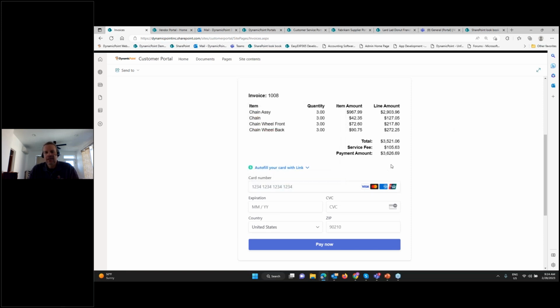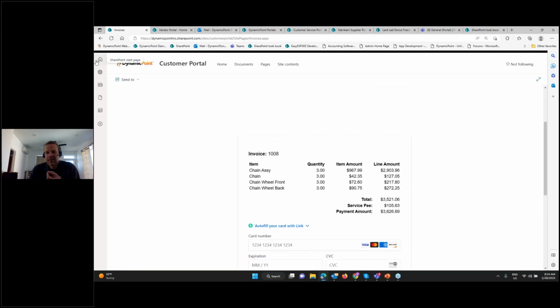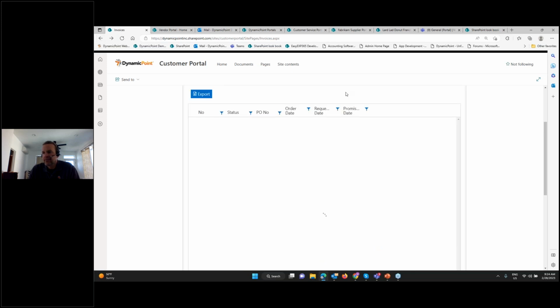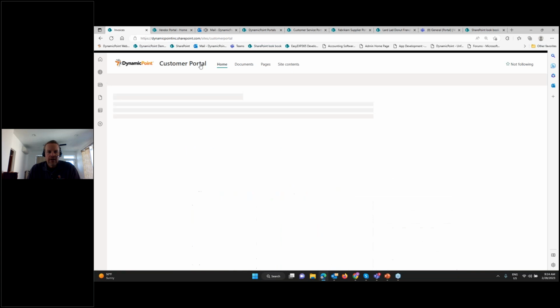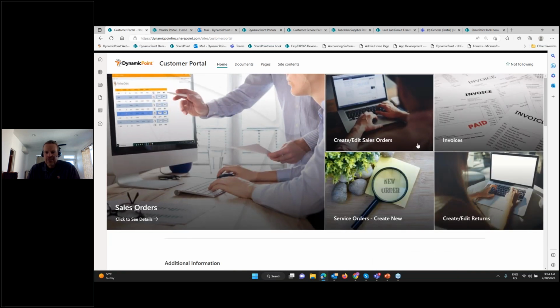Now, I'm not gonna fill this out because unfortunately I don't have $3,600 for the sake of a demo, but what you could see is it put all the information from that order and I could go ahead and accept that payment directly in the portal, but using a popular third-party payment service such as like a Stripe. This happens to be Stripe, but we also integrate with PayPal and Authorize.net and the other providers. All right, what else? So that's invoices,